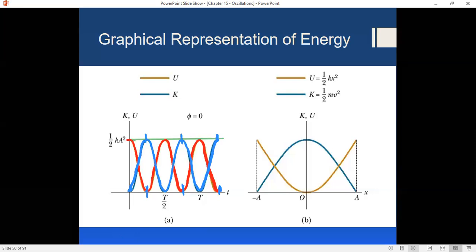If we think about the position as a function of time, what's my potential energy? My potential energy is in red. We know the potential energy goes by 1/2 kx squared. We know that x goes by A cosine omega t. So when we're graphing this, this red function actually is, x squared is A squared cosine squared omega t. So that's a cosine squared function that we're seeing right there. You can do your trig identities, actually see that you can break that down into a trig function. In any case,